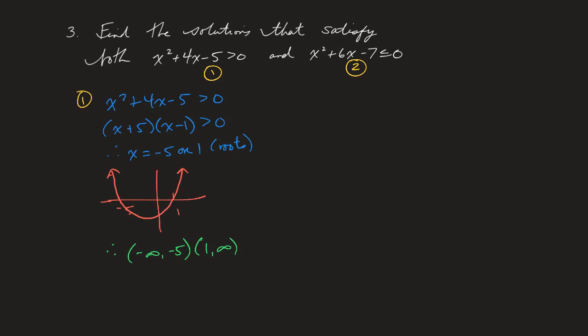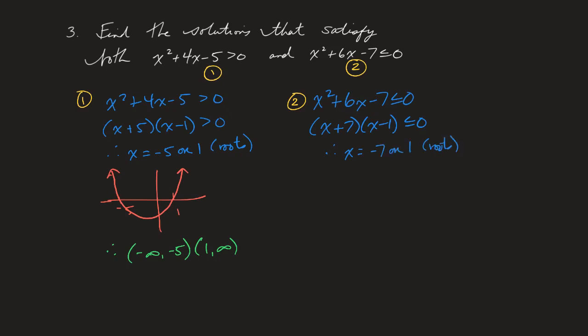Okay, I have solved the first inequality. Now what I want to do is go ahead and solve the second inequality. So I'm going to do the same thing, and I'm going to solve inequality 2: x squared plus 6x minus 7 less than or equal to 0. I'm happy that that one factors as well, and so therefore I get x equals negative 7 or 1 as